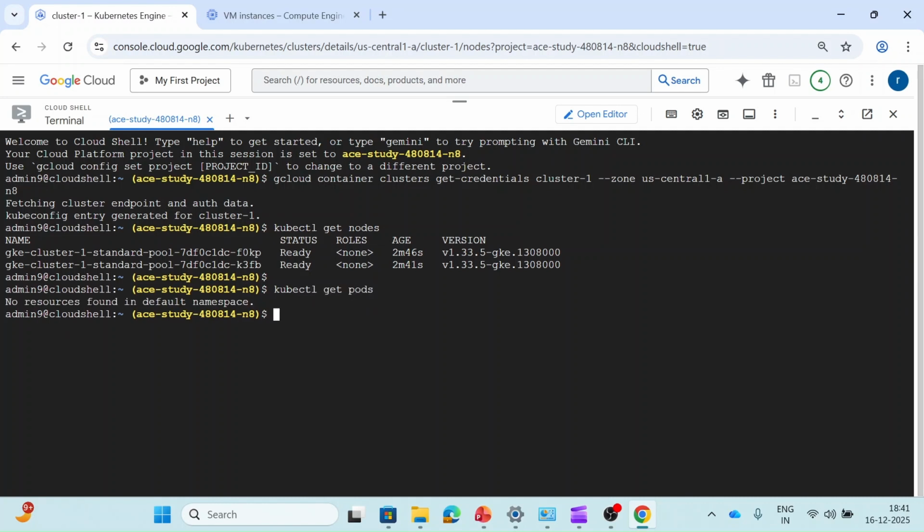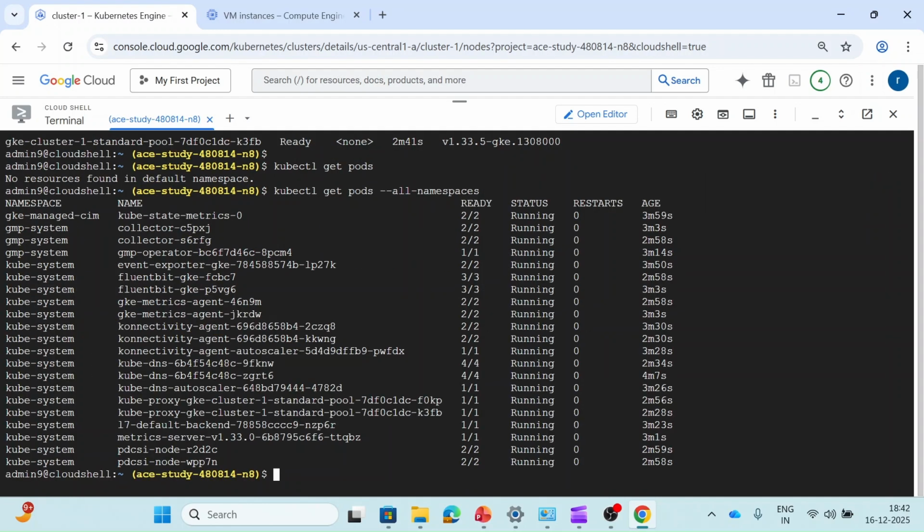We have no pods in the default namespace, but if we run it for all namespaces, it will show all the pods which are running, and that is maintained by Kubernetes only. We don't have to do anything. These are the namespaces, these are the pods, and these are the replicas, like 2 by 2, 1 by 1. 2 by 2 means two replicas are required, and two are running. And you can see kube-dns as we talked about, kube-proxy as we talked about, kube-proxy is running everywhere, fluent, metrics, and multiple others are running.